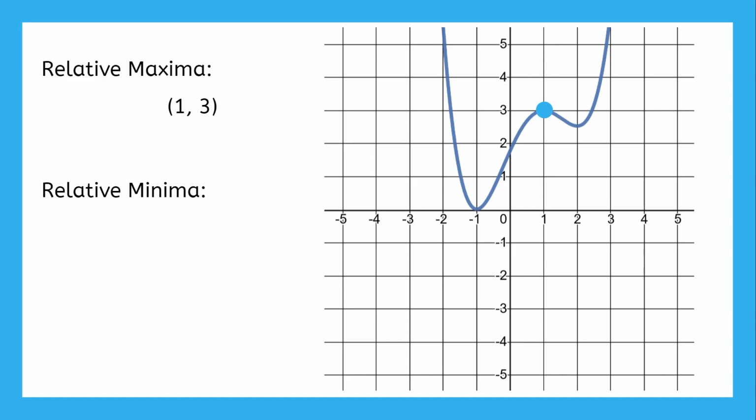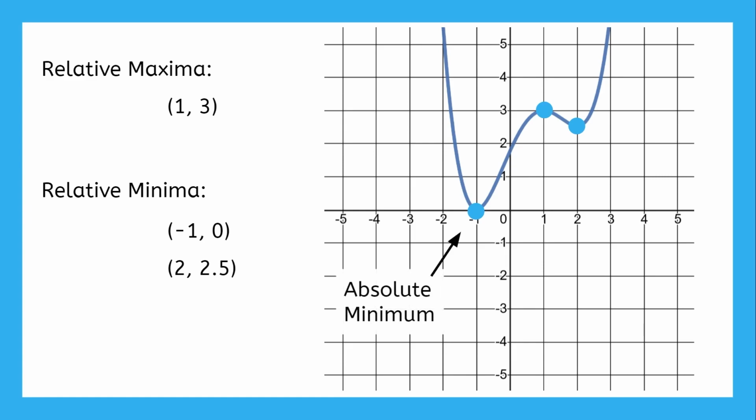You might have struggled with the relative minima a bit, but there's a reason for that. There are 2 relative minima. The first point, -1, 0, actually has a more specialized role. It's not just a relative minimum, it's what we call an absolute minimum, because it is the absolute lowest point